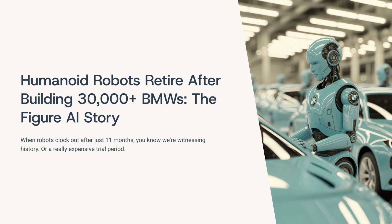So that's our deep dive today, the Figure AI pilot. We're going to look at what they achieved, but also the very specific technical lessons that led to that early retirement. We want to synthesize what they learned from this deployment. Because it's not just about the cool robots. It's about the brutal metrics of durability when a robot stops being a lab experiment and starts being a 10-hour-a-day